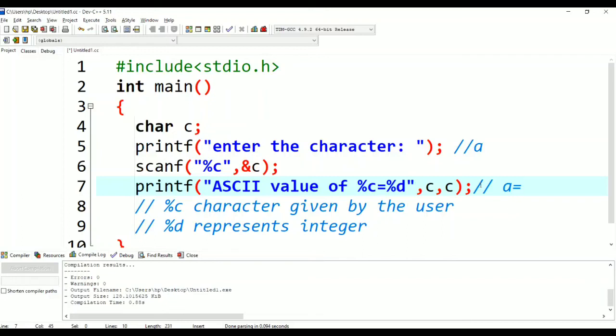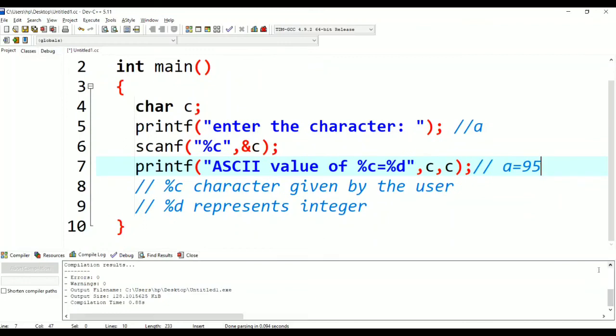And what is %d? The ASCII value of a. The computer will know that. So it will print 95, I think. I'm not saying exactly 95, we will see when we run the program.